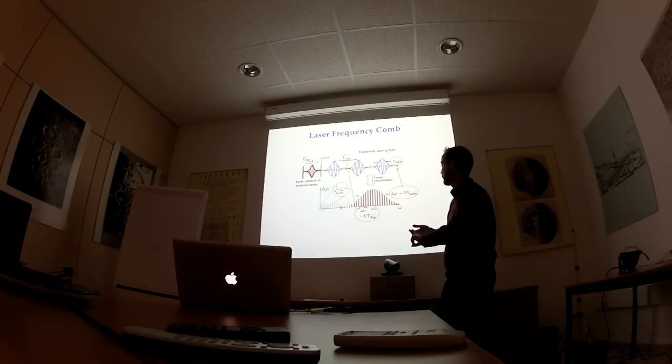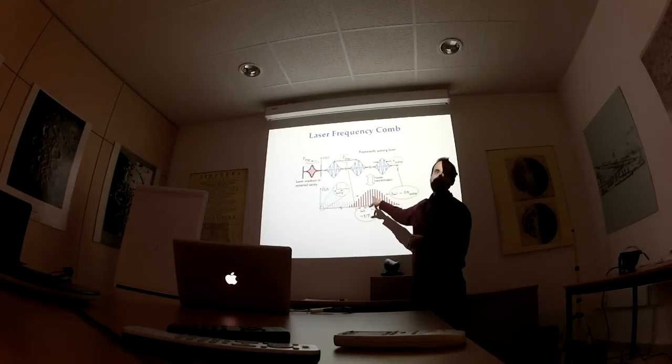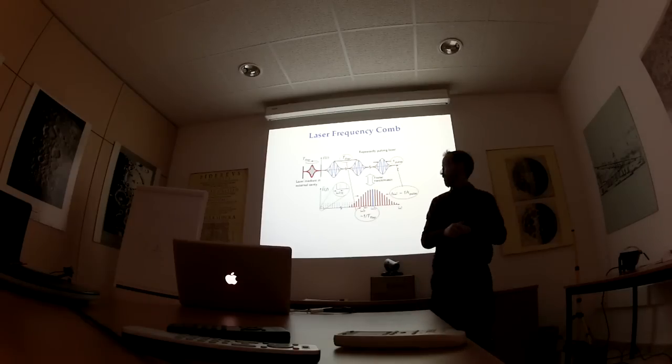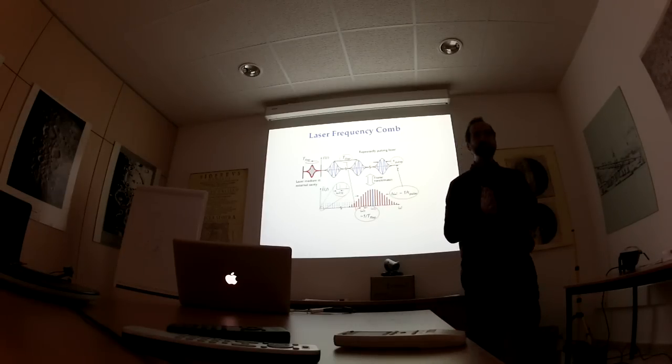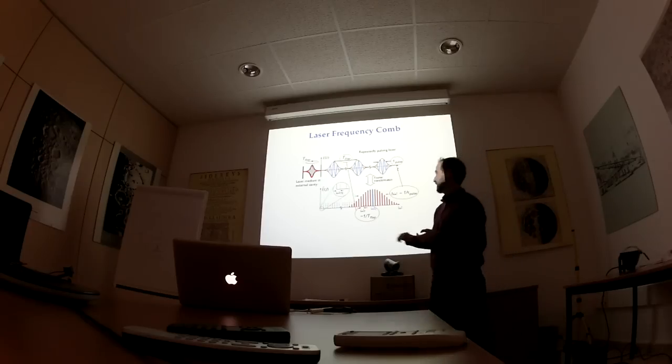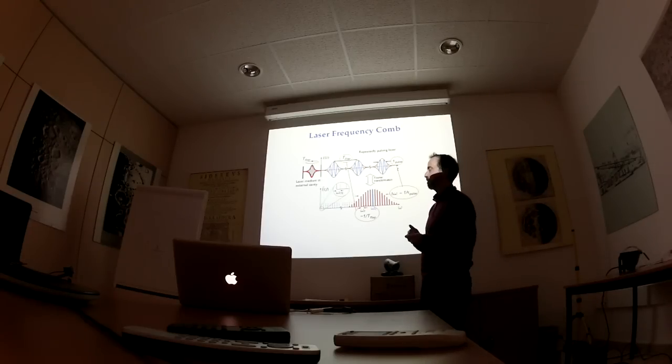2 I've already told you about. One is that this is actually in the near infrared, which is not where we want to calibrate. Another is that this gigahertz spacing is too small to be resolved on spectrographs, which is like white light to the spectrograph. The third thing is, and this was something that bothered laser physicists for many years,